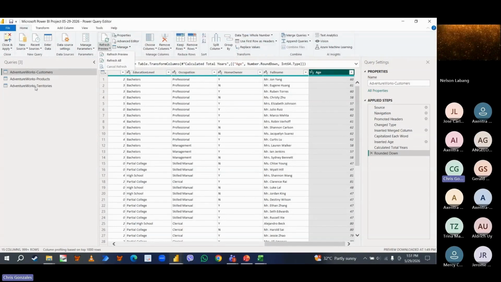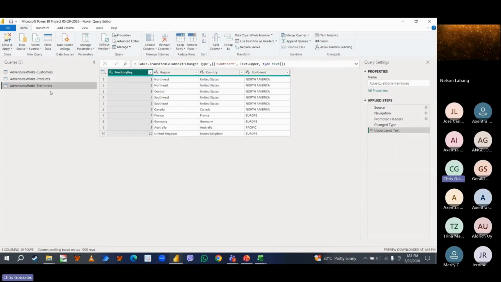Not only that, same thing with products and territories. If there are new branches, all new content added to this table will be converted to uppercase. So you don't need to redo everything. In Excel, we actually used macros. We record the applied steps and do the same thing for new data.